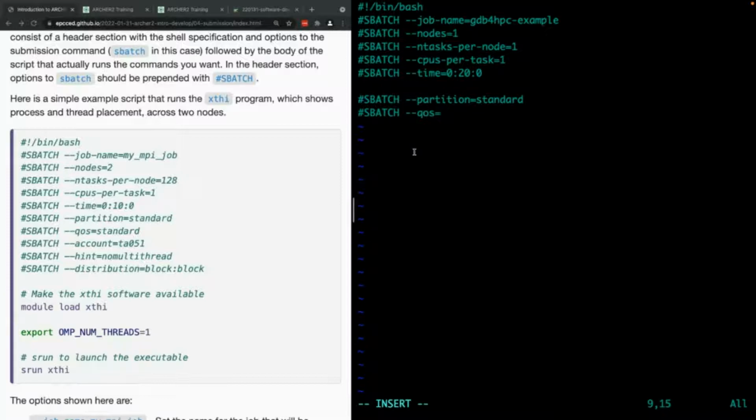QoS. So remember, we could go for short if we wanted. Everyone can run on short, and this would be fine. 20 minutes is the maximum time that a short job can run for. We'll still keep it going on our reservation though. So I'll say QoS is reservation and sbatch